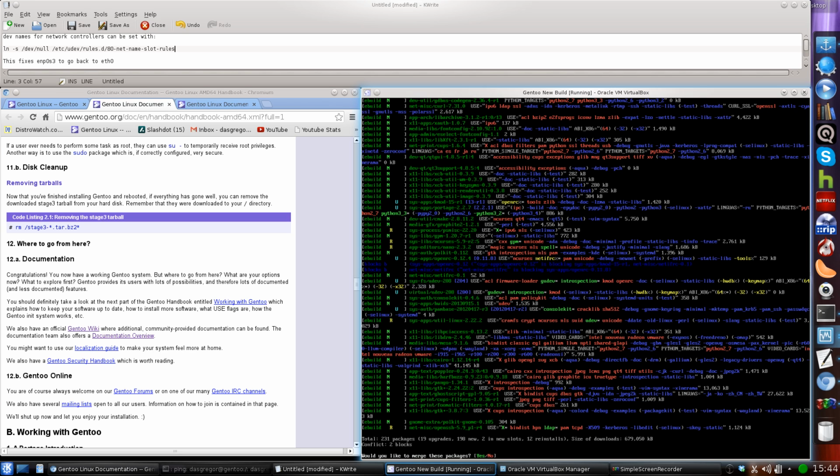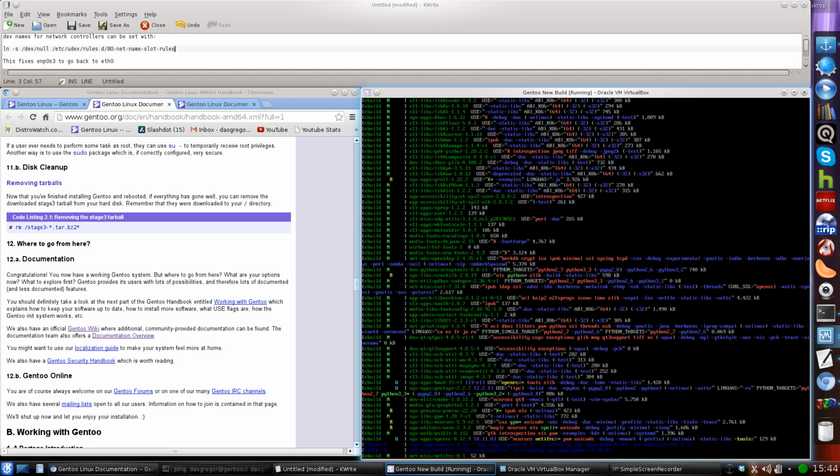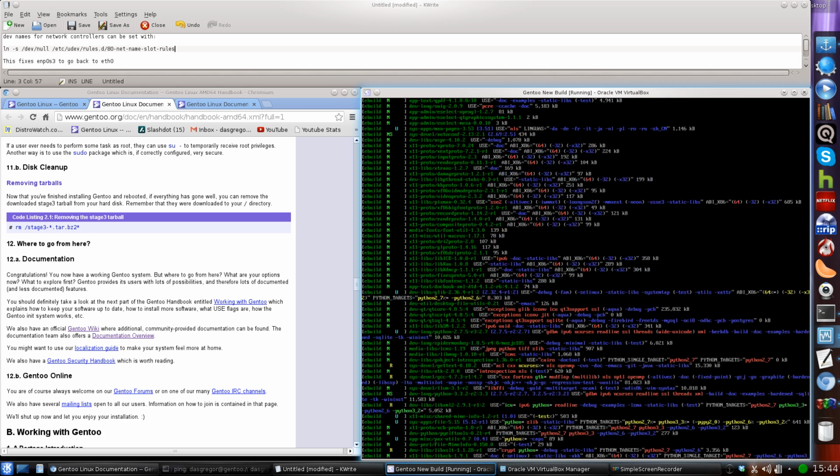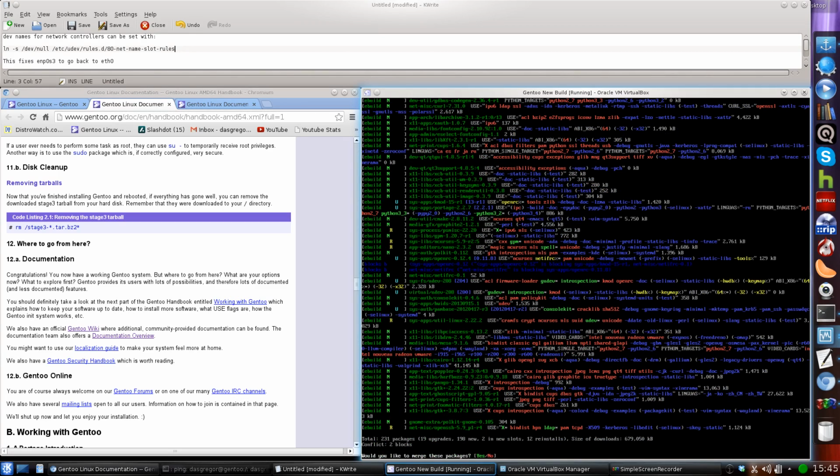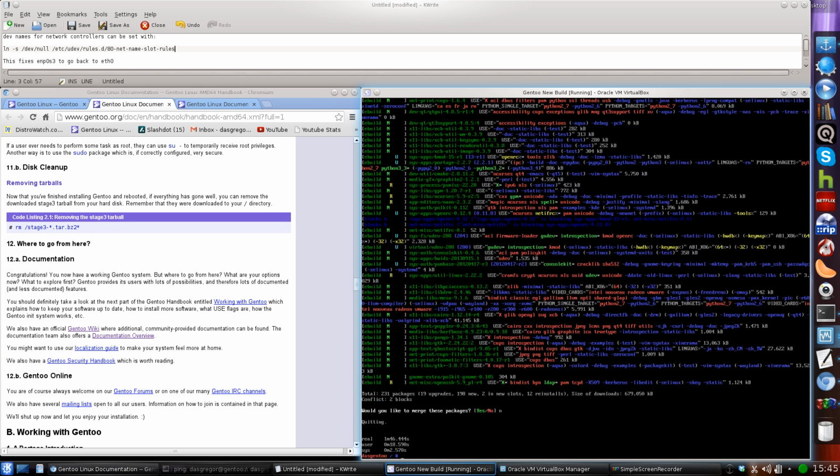we do shift page up to glance at it all, and our buffer is even too small to be able to do it. Now because we set it up with desktop as our profile, it's going to go ahead and install the X11 stuff that you need for your GUI. Before we do that though, I want to go ahead and edit our make.conf